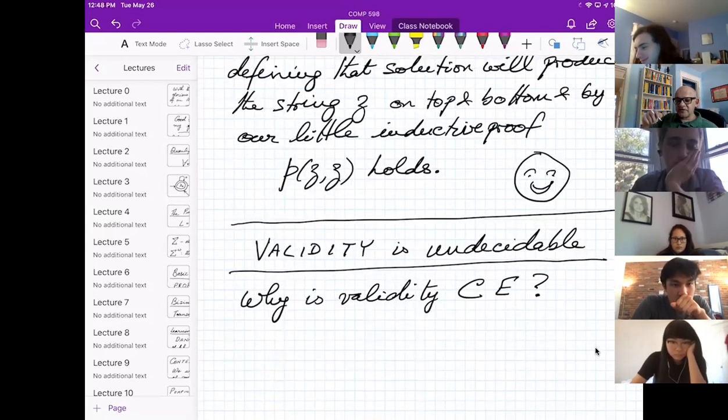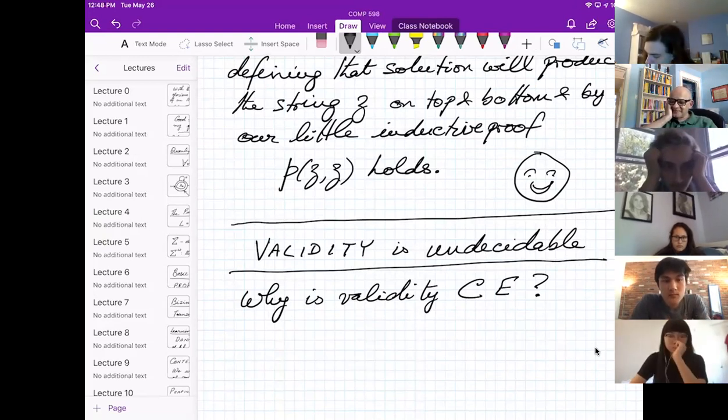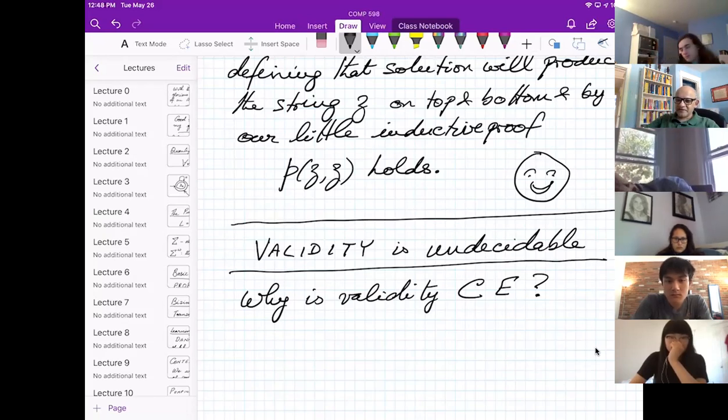So there is a Turing machine that will spit out all the valid formulas. And you can sit around waiting for your favorite valid formula to show up. And if it shows up, you'll go, yay, it's valid. But if it doesn't show up, you don't know. Maybe if I wait longer, it'll show up. Right? So it's a semi-decidable thing. So it's not hopeless.